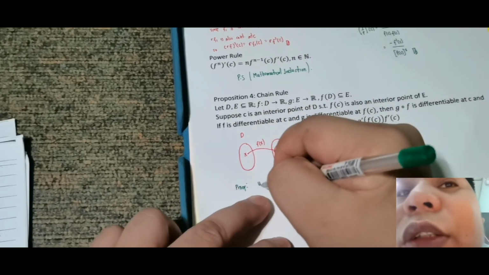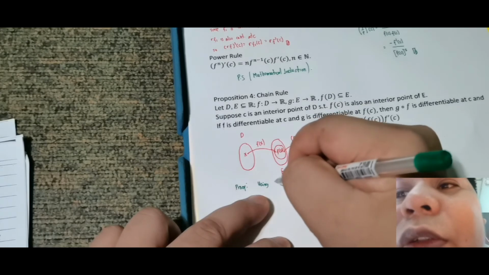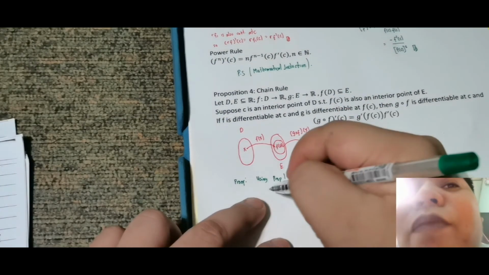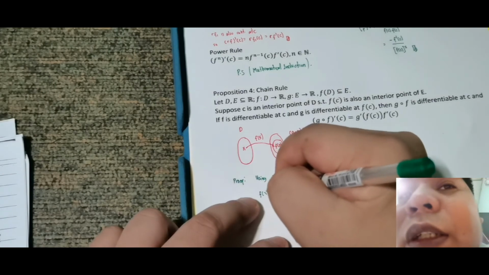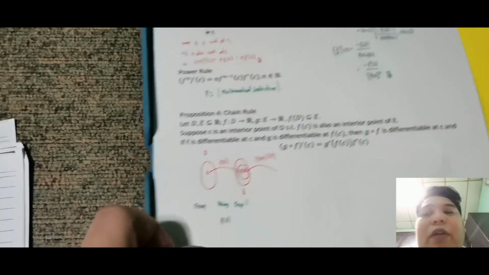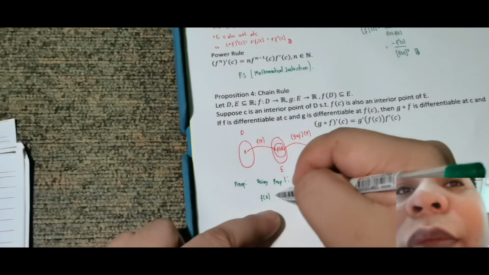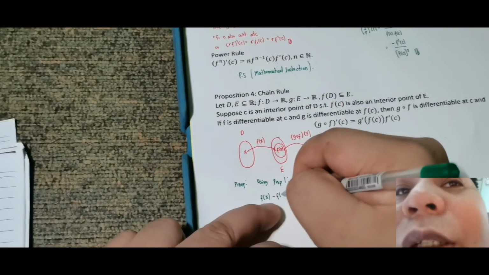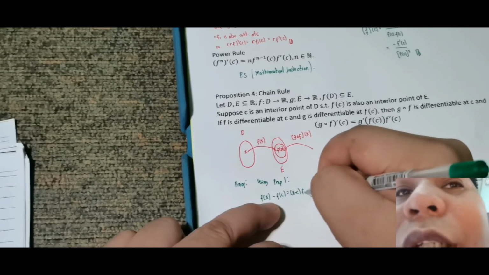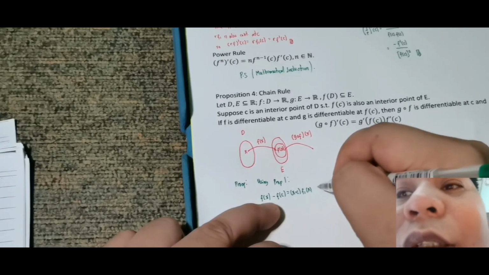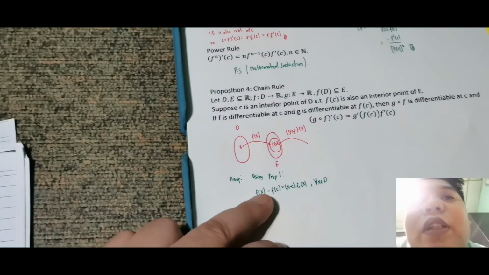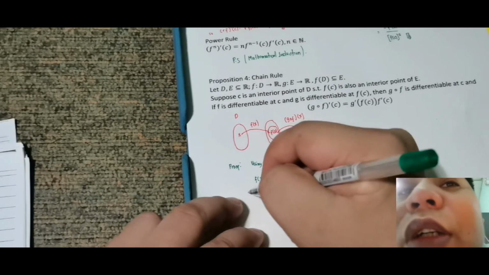So using Caratheodory's lemma, using Proposition 1, or as you know it, Caratheodory's lemma, we have f of x. Since f is differentiable, we have f of x minus f of c is equal to x minus c times f sub 1 of x, for all x element of D. So note, this is continuous at c. So we also have